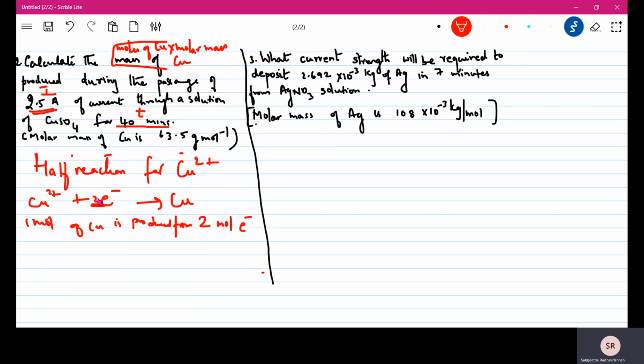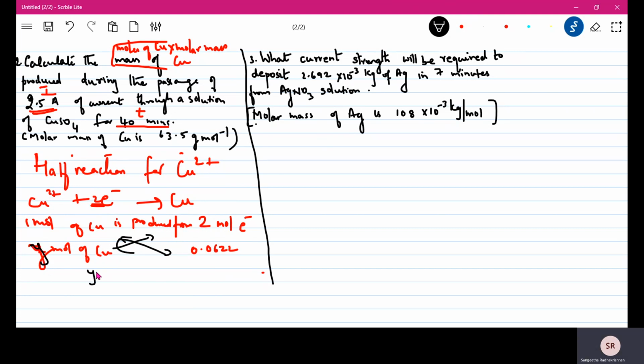Now how many mole electrons do we have? We have 0.0622 mole electrons. And below mole electron you write mole electron. So you will get X mole or Y mole of copper. Then cross multiply. So when you cross multiply, whatever is in front of this Y will go in the denominator.